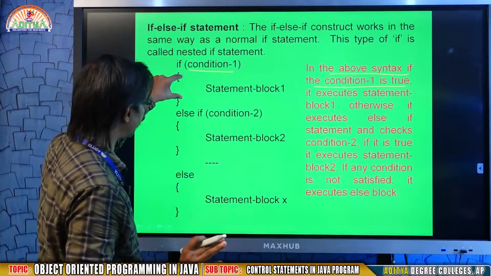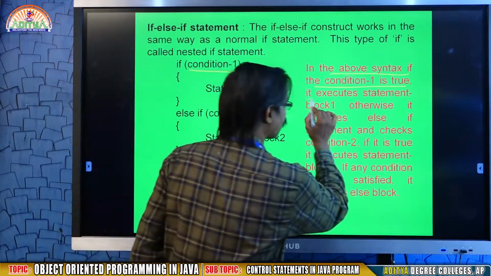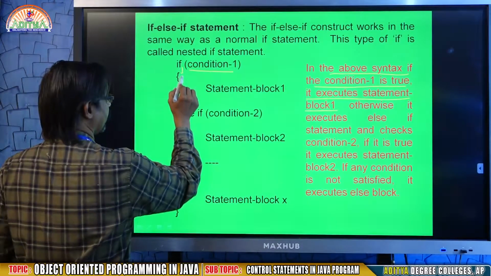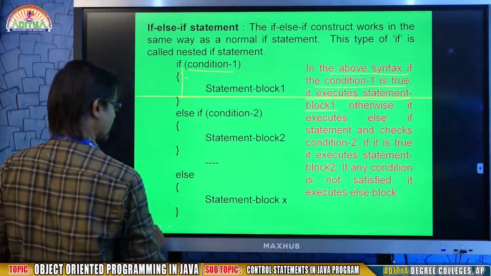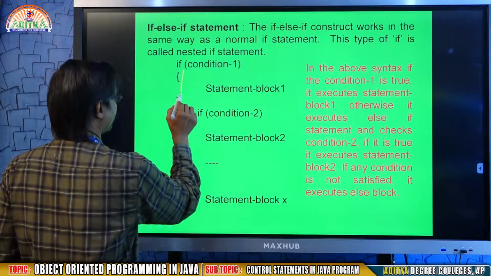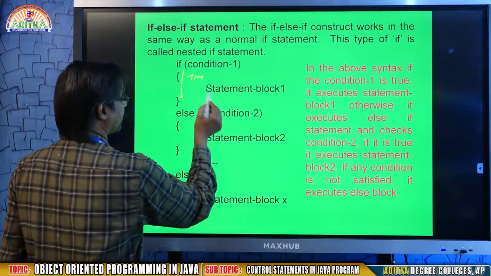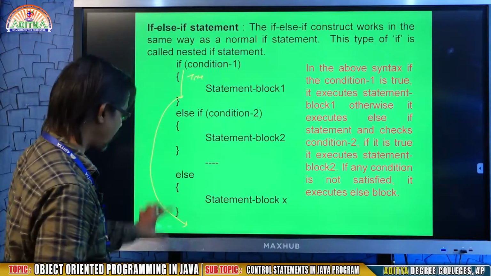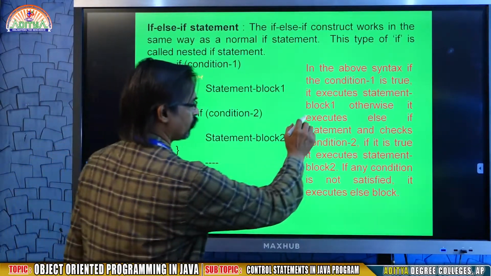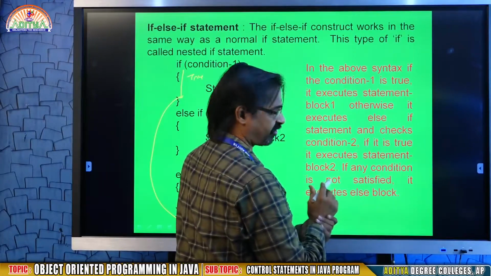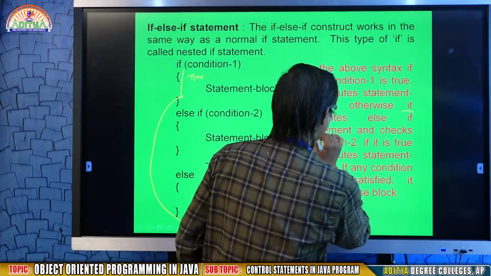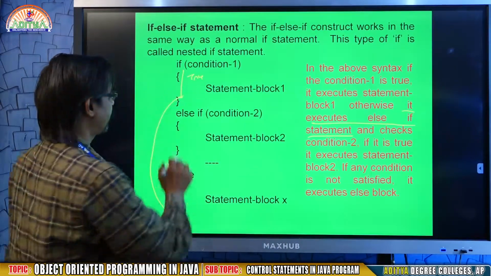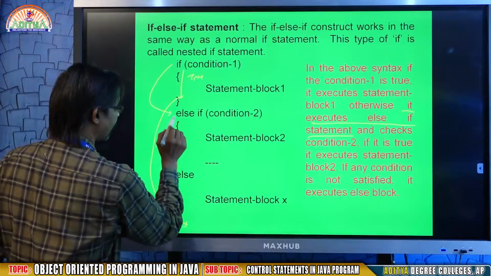Condition 1 is true, immediately statement block 1 executes, that's all, and then it goes out after the else block. Otherwise, in case it is false, it executes the else if statement. If the condition is false, then immediately it will go to else if.